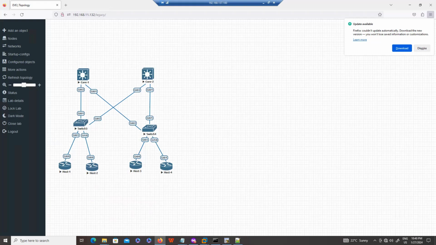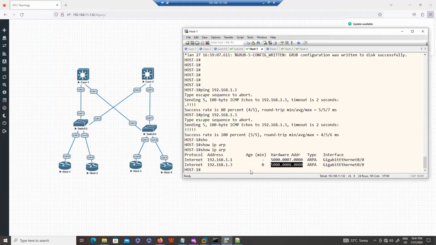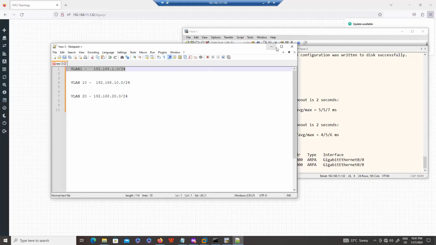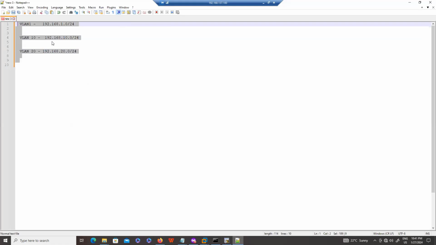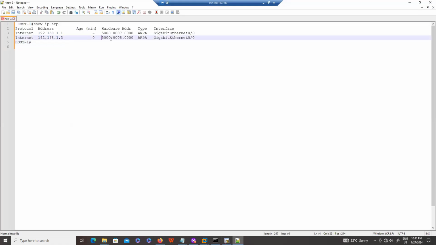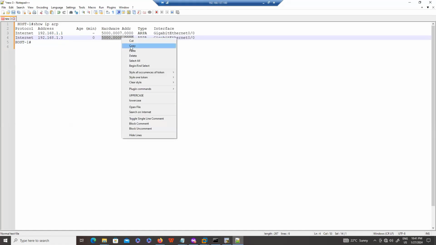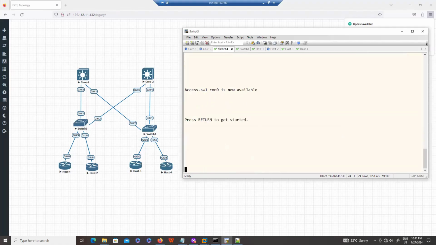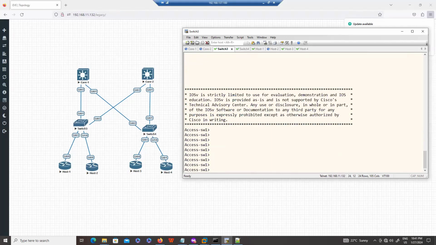So if you see, guys, on this end machine, I'm going to this host one to find out the MAC addresses. So if I copy this output, now we know basically what a MAC address is, and this is the destination MAC address. So I copy this MAC address, and if you see this diagram, I'm asking switch three, hey, tell me, if this is the destination MAC, where do you leave the traffic, through which interface? So we have two interfaces, the leaving interface is either gigabit 0/1 or 0/2.